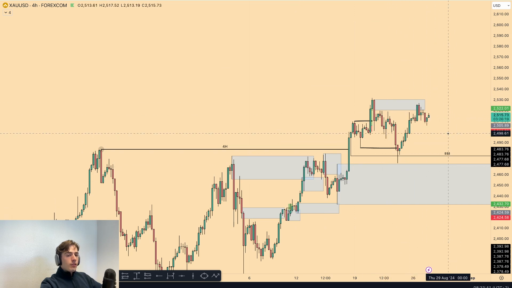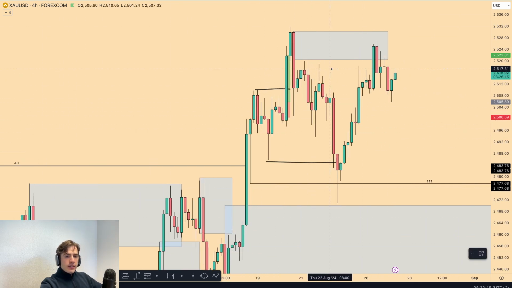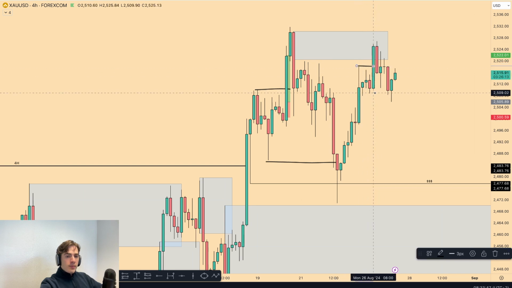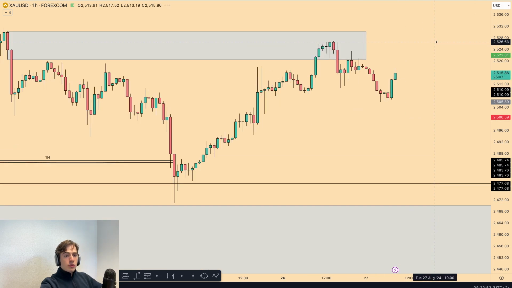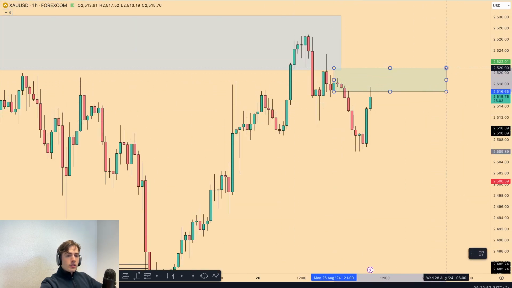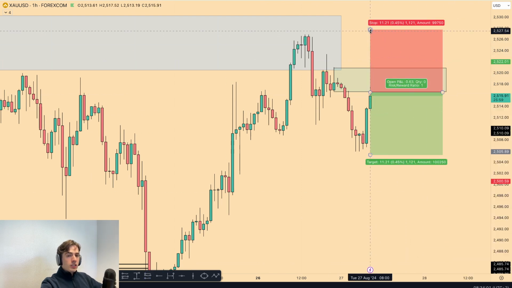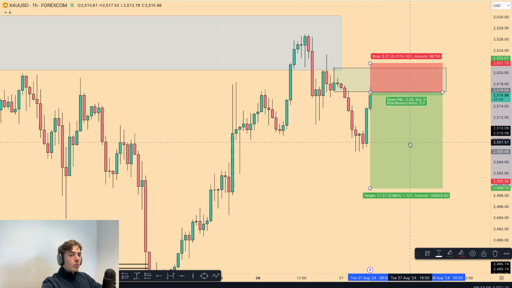Furthermore, if you view the fractal structure, you can very clearly also see that over here, this is the fractal high, this is the fractal low break, this is now supply. So we're now inside 4-hour supply, so there is potential for a short going towards the 1-hour time frame. Then we also have supply. So this is now your potential short. Look on the 15-minute time frame for a potential change in character, and then you could take a potential short in towards the downside, but I would be waiting for